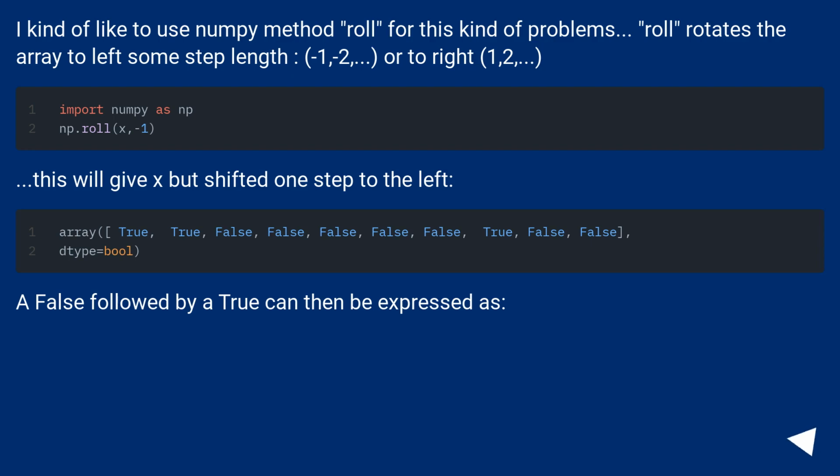I kind of like to use the numpy method roll for this kind of problem. Roll rotates the array to the left some step length, -1, -2, or to the right, 1, 2. This will give x but shifted one step to the left. A false followed by a true can then be expressed as